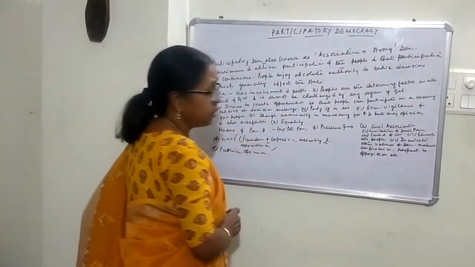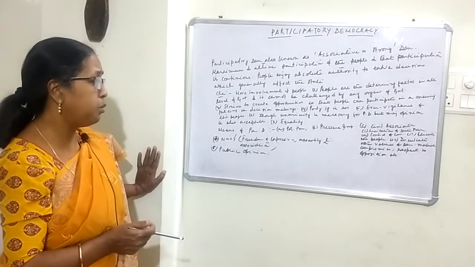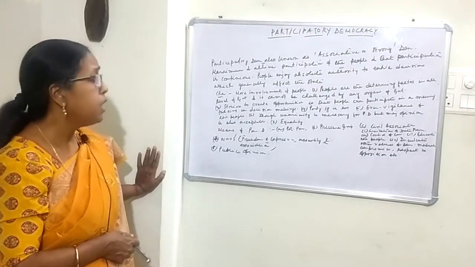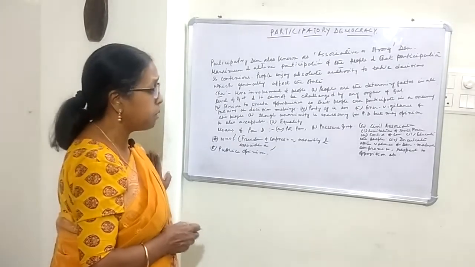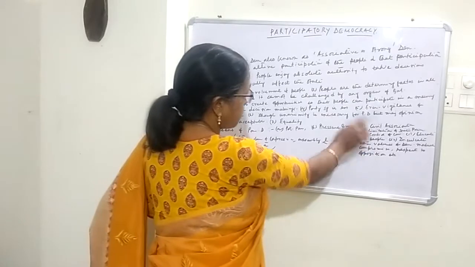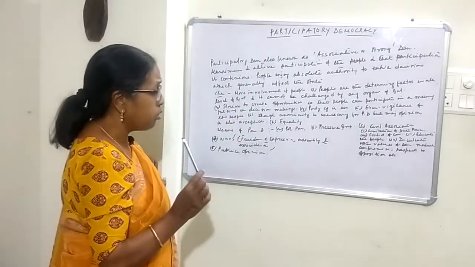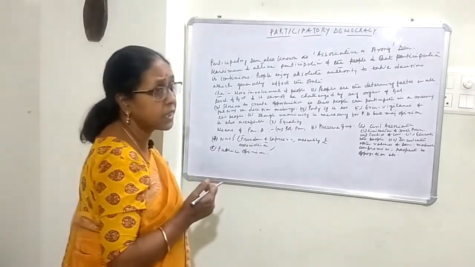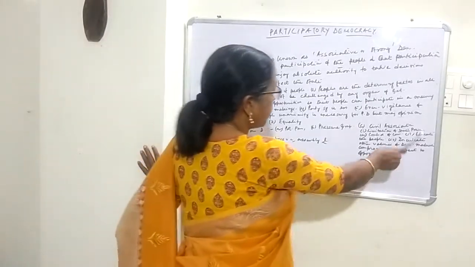Number two is control of corruption. That means nowadays most of the government servants as well as the politicians are very much corrupted, and as they are corrupted, they are not interested in sharing their power with the mass of people. So in that case, it is the responsibility of the civil association to control the system of corruption as much as possible, or create awareness among the people regarding that corruption. Then educate the people,